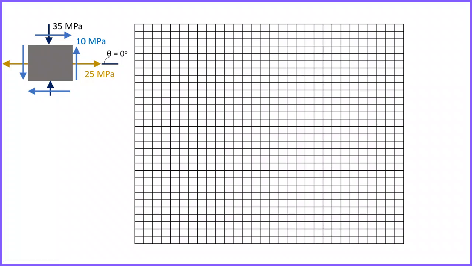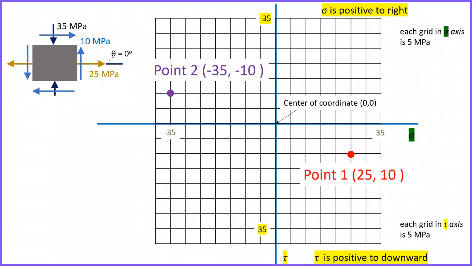Now in order to do that, we learn point 1 and point 2. We draw point 1. Here is point 1. It is 25 and 10, and let me put it this way. So this is my